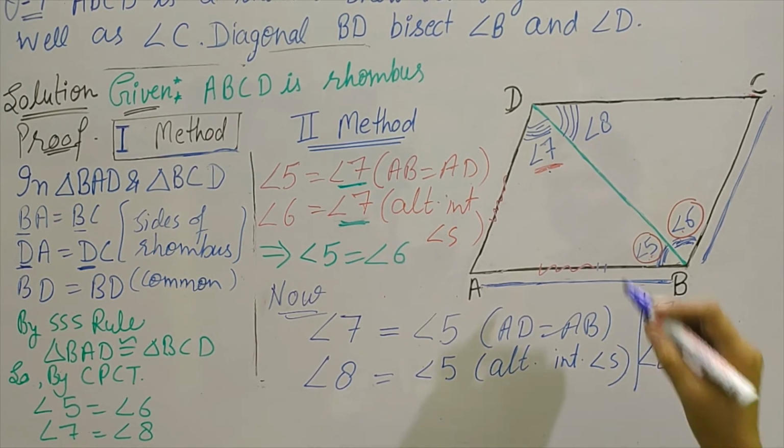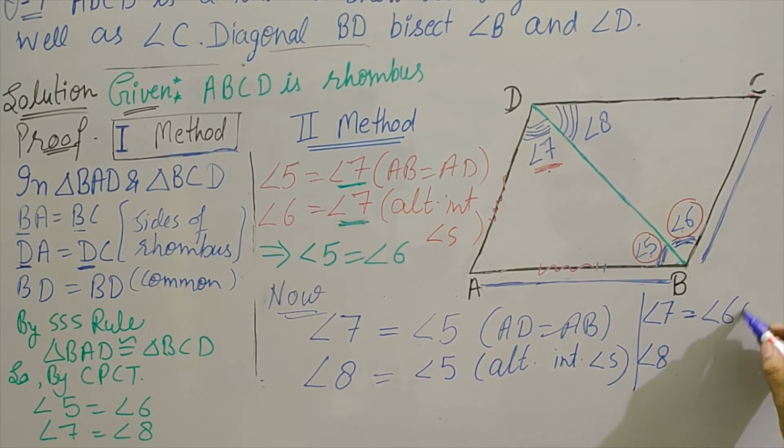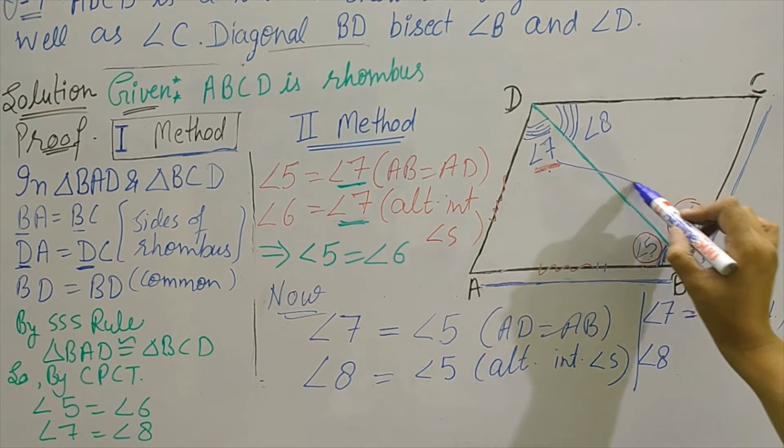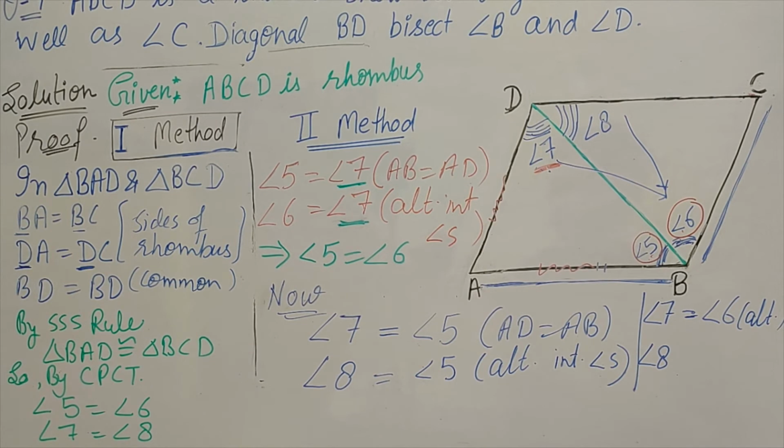If we are taking angle 7 equal to angle 6, angle 7 is equal to 6 by the alternate angles logic. Angle 7 you have written equal to what? Equal to 6. So angle 8 also, think whether it can be equal to 6. Angle 8 is equal to angle 6. What is the reason? CD is equal to CB. This time these two sides are equal. So angle 8 can be written as equal to angle 6.